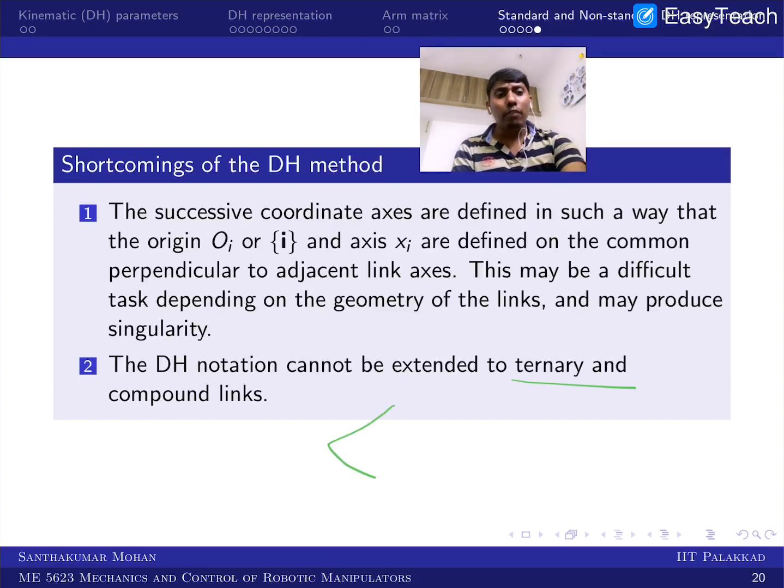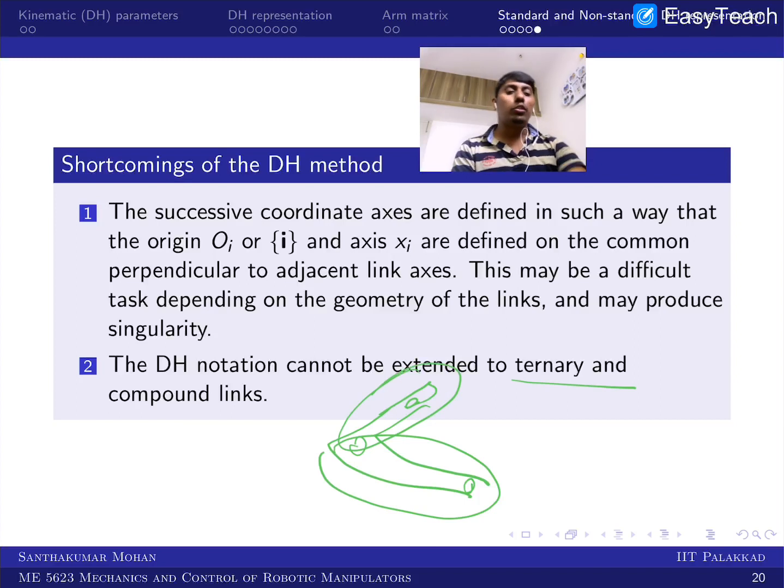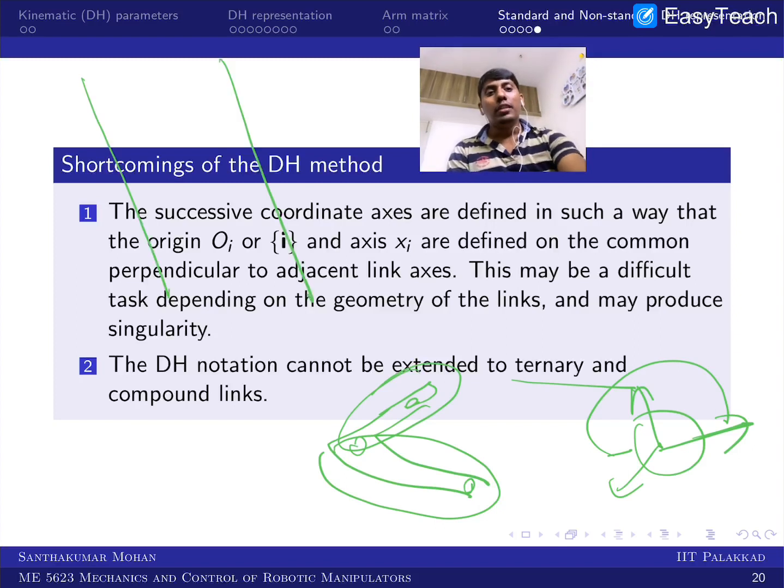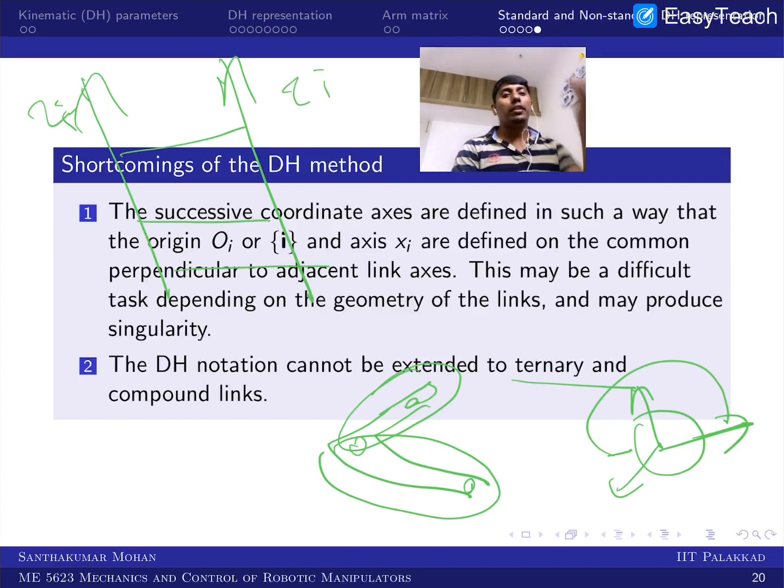For example, you have 2 links, or you can say 3 joints like this. So now you have to take this as one virtual link and this as another virtual link, but physically there is one link. Similarly, you have a spherical joint. So you have to consider 3 joint axes, and then you have to approach 3 different frames. But the real shortcoming is, for example, Zi minus 1 and Zi are parallel. You can get n number of common normals, right? In the sense, the joint distance can be described in n number of ways, right?